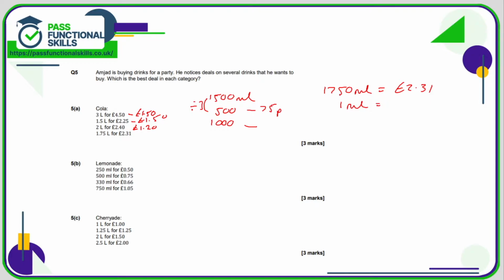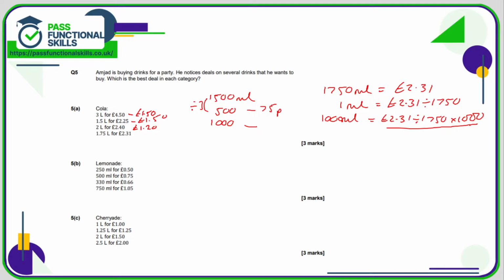So if 1,750 costs this amount here, then 1 millilitre is going to be £2.31 divided by 1,750. You can work that out if you want, but that's going to be a very, very small number. And 1,000 millilitres is going to be £2.31 divided by 1,750 from above, so the 1 millilitre, but times by 1,000. So you can just type it in as one big calculation, because if you type in 2.31 divided by 1,750, you get a very small number,